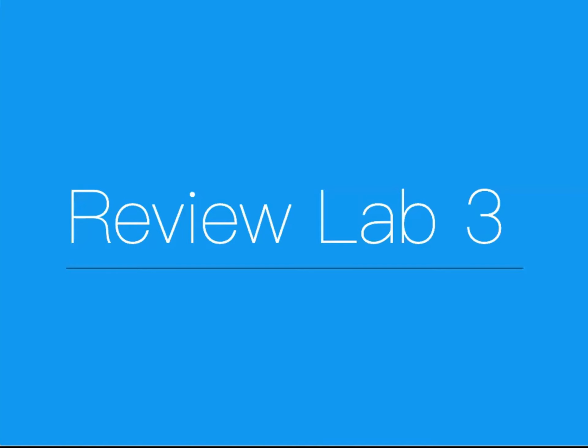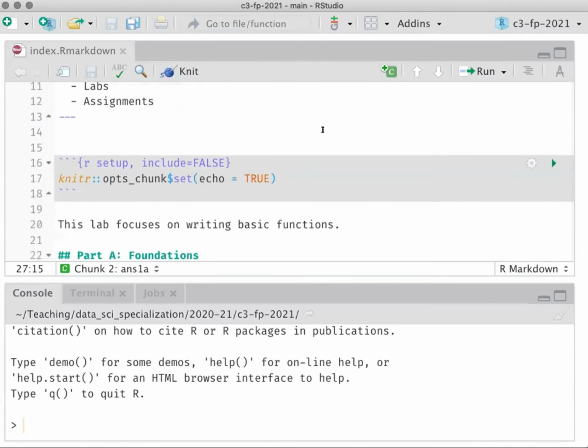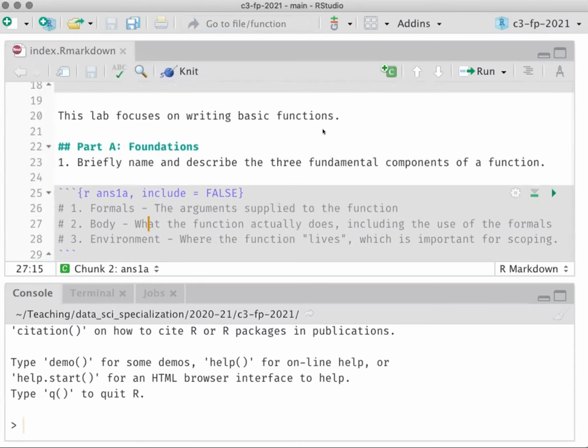All right. So first, I want to review Lab 3. So let me switch my share over. Okay, so here we are. This is Lab 3, and this had multiple parts. The first was the foundations, and the first question was to briefly name and describe the 3 fundamental components of a function. So this is the formals, which are the arguments applied to the function, the body, which is basically the guts of the function, everything that is actually happening within it, and then the environment, which is where the function